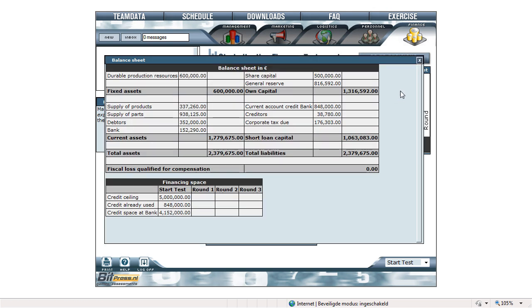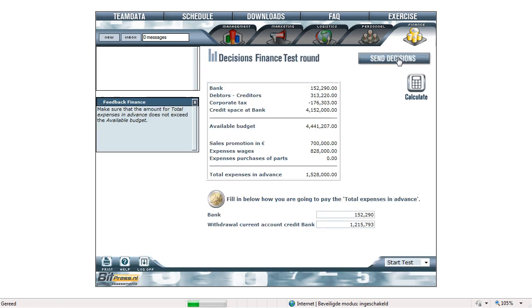When we look at the balance sheet, we can see the amount of money we have on the bank and the current account credit with the bank. Furthermore, we have financing space. There's credit space at the bank of more than 4 million. We can now take our decisions